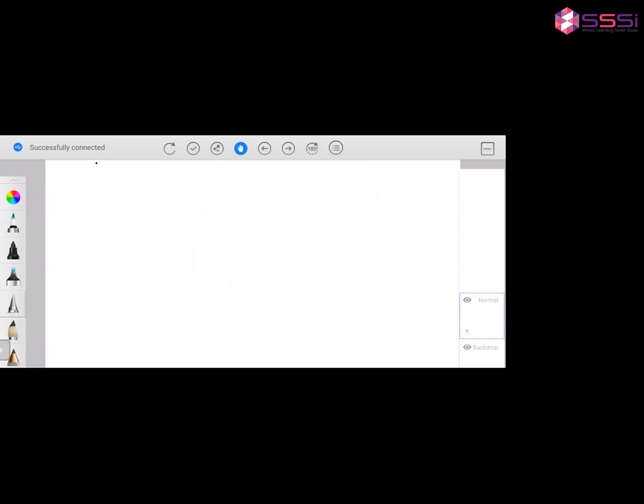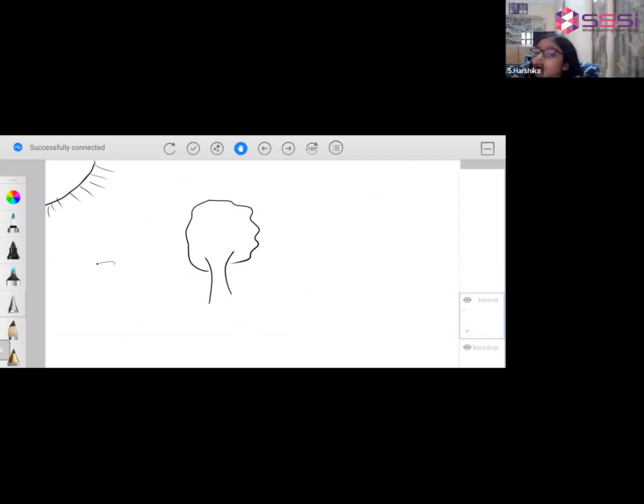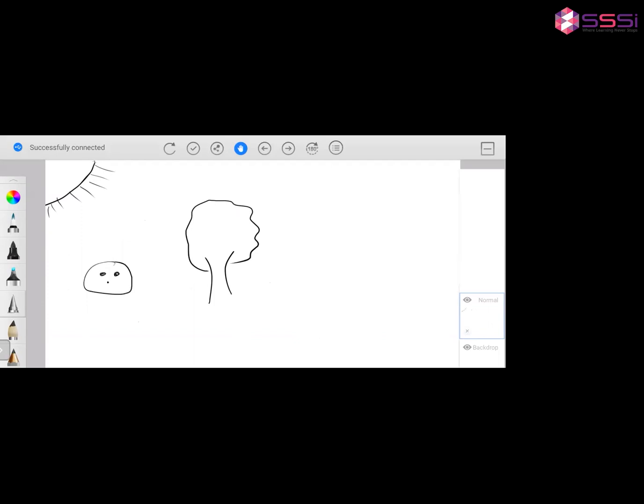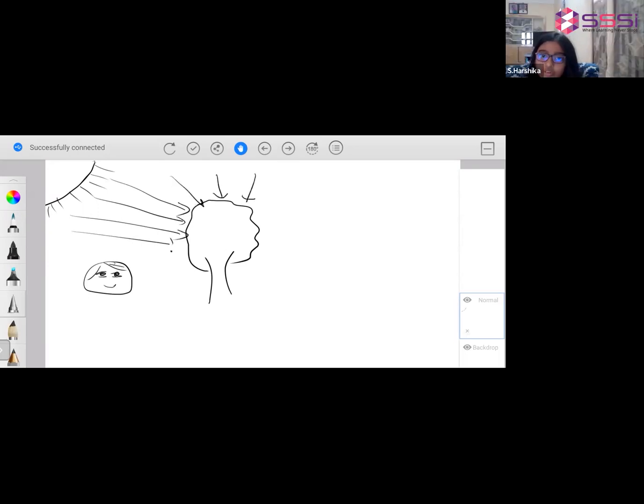Whenever there's a, let's draw the sun again. This is the sun. And here is a tree. And this is again Harshika. Why can Harshika see this tree? Because this tree absorbs light. Ma'am, if it allows light to pass through, we can see it, but we can see what is on the other side of the tree also. It won't block our way of seeing.